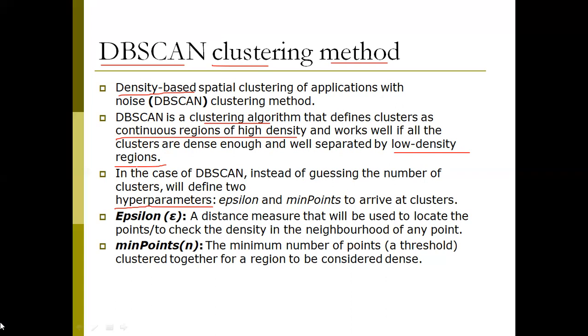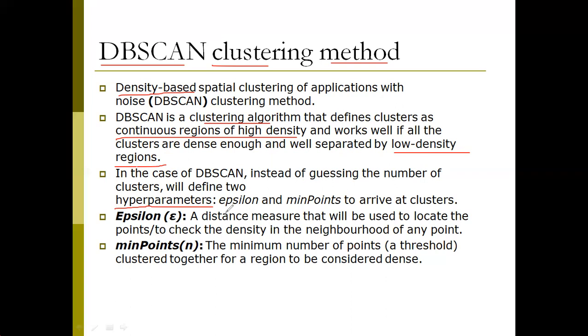In earlier stages, but here no need of that. We can define as many clusters as possible. There is no count here, unlike earlier. Instead of that, here you need to identify two parameters. If you want to apply the DBSCAN clustering method on some given data, then you need to consider two parameters. What are those?